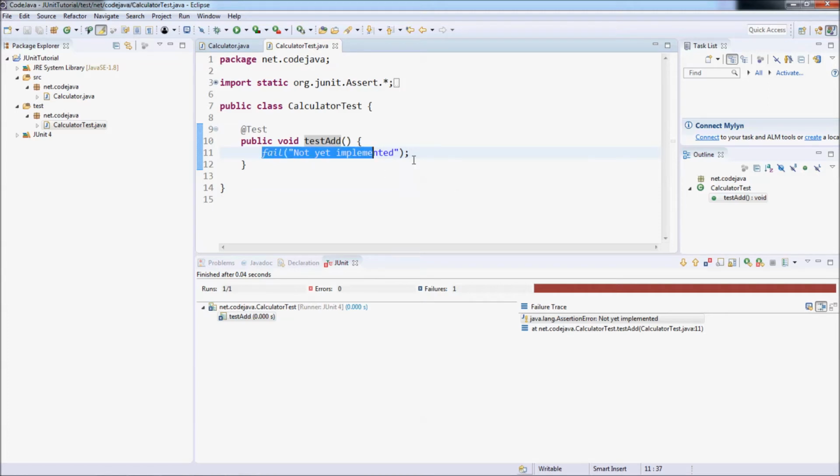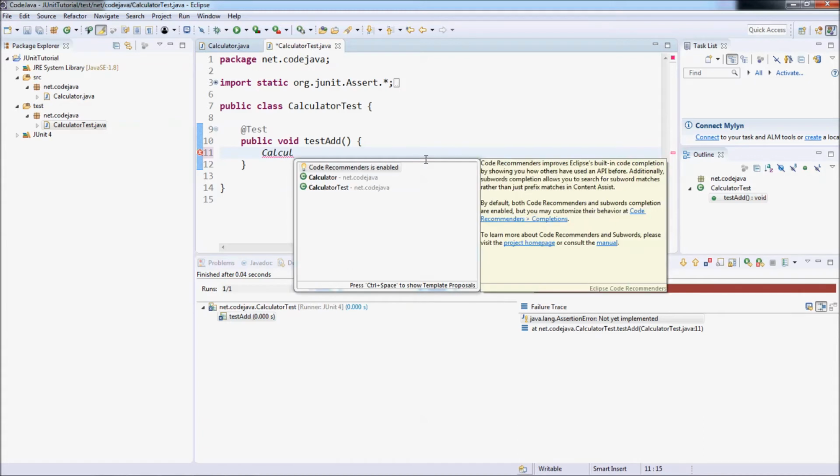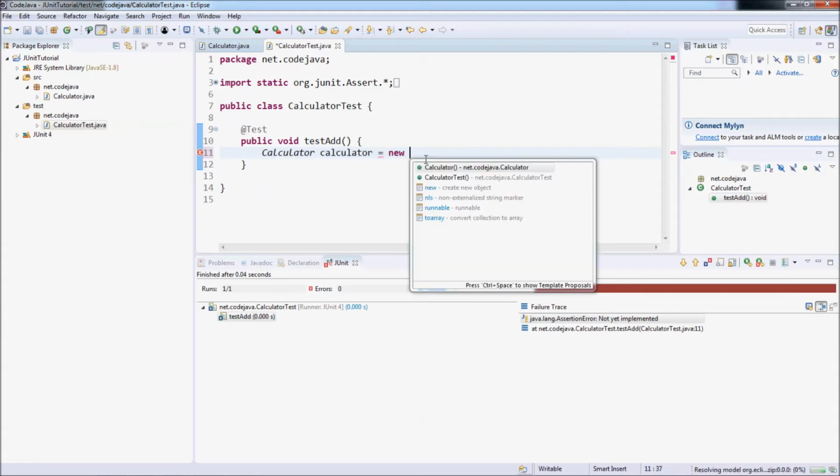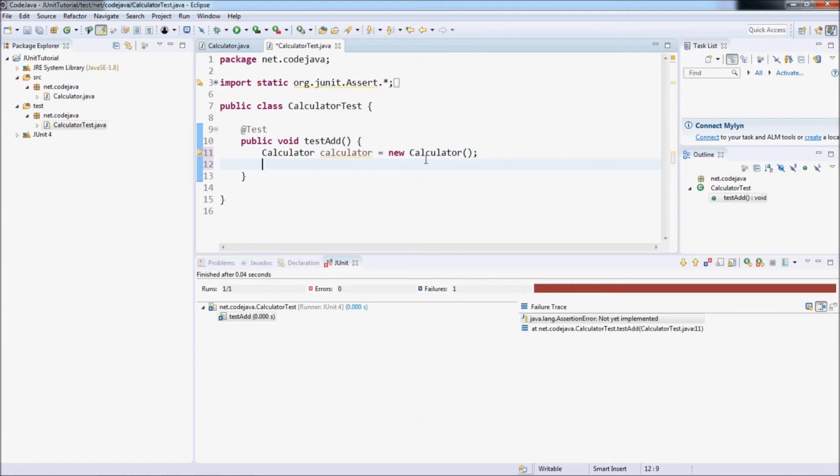Now let's write code for this test method. Create an instance of the class under test, which is the Calculator class. Calculator calculator = new Calculator. Okay, two numbers, 1234 and 5678. Okay, and